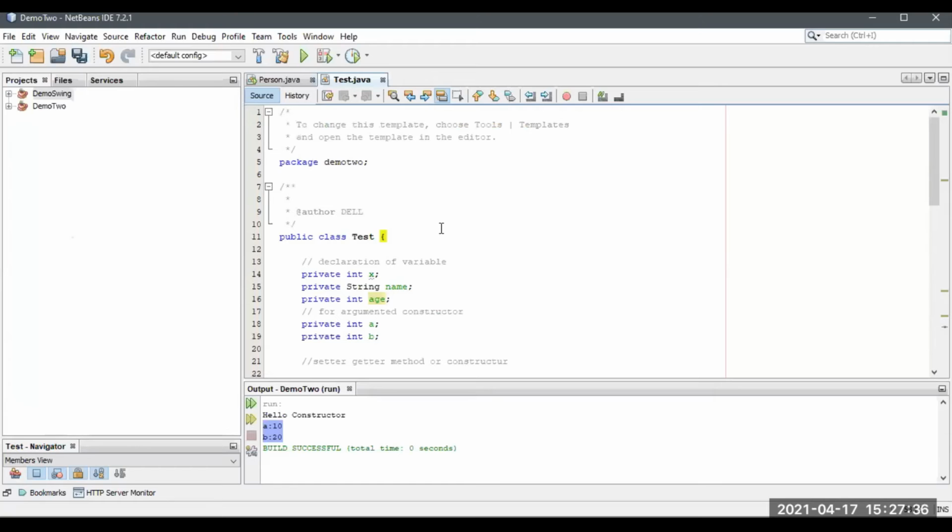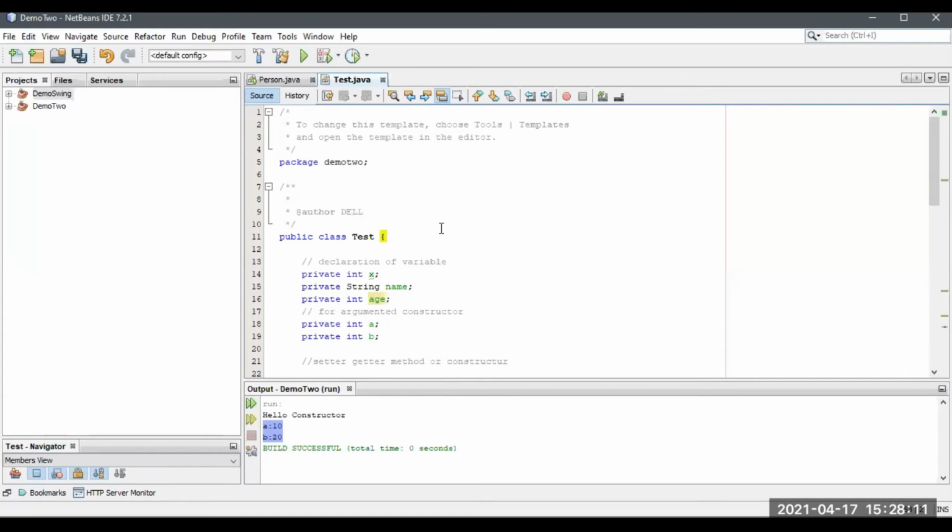What is encapsulation, which I mentioned in the STS class? Encapsulation means, if there is any sensitive data available in your class, make sure that it is private, so you can't access those variables directly. You can access them by using setter and getter methods inside a POJO class, which is a plain old Java object, or else use a constructor. You can use either a constructor or POJO classes.